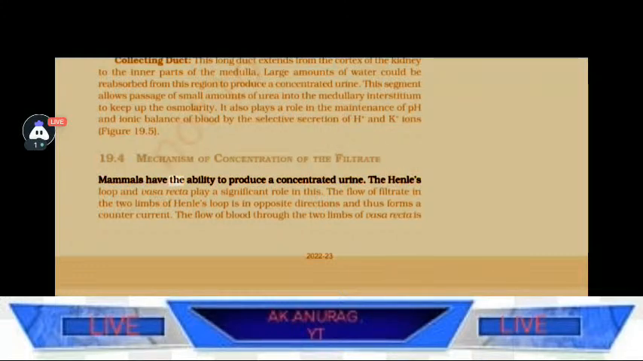Mammals have the ability to produce a concentrated urine. The Henle's loop and vasa recta play a significant role in this. The flow of filtrate in the two limbs of Henle's loop is in opposite directions and thus forms a countercurrent. Materials